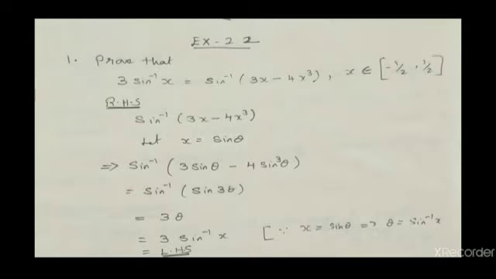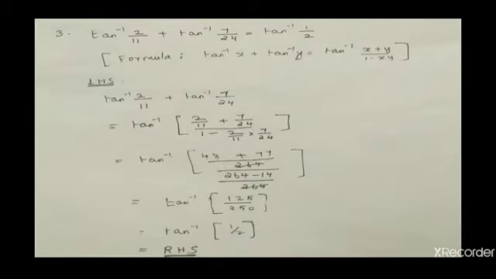3 sine theta minus 4 sine cube theta gives sine 3 theta. So you had the clue that you have to substitute x is equal to sine theta. So when you put x is equal to sine theta, the term inside the bracket gets reduced to sine 3 theta. Now sine inverse and sine get cancelled. The answer is 3 theta. Now replace theta. Theta is sine inverse x. And you get your LHS.